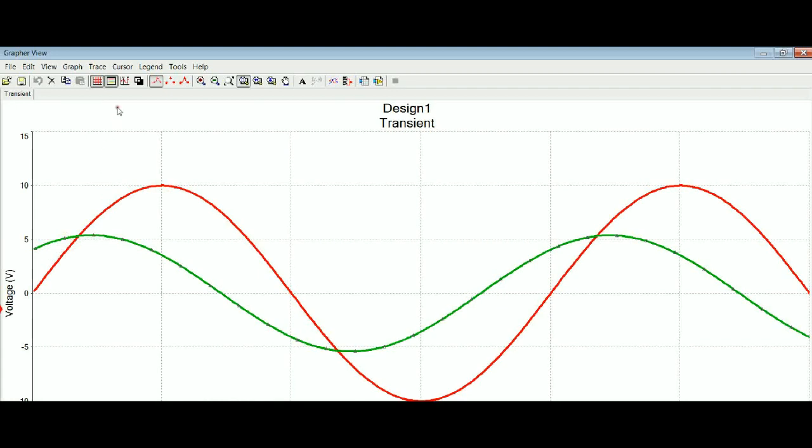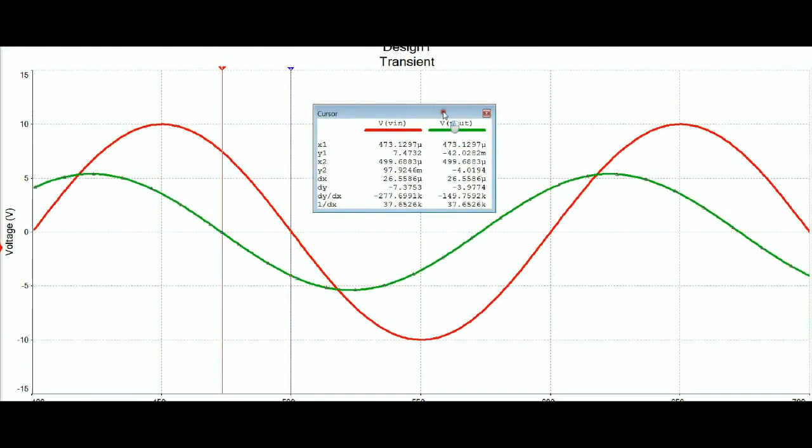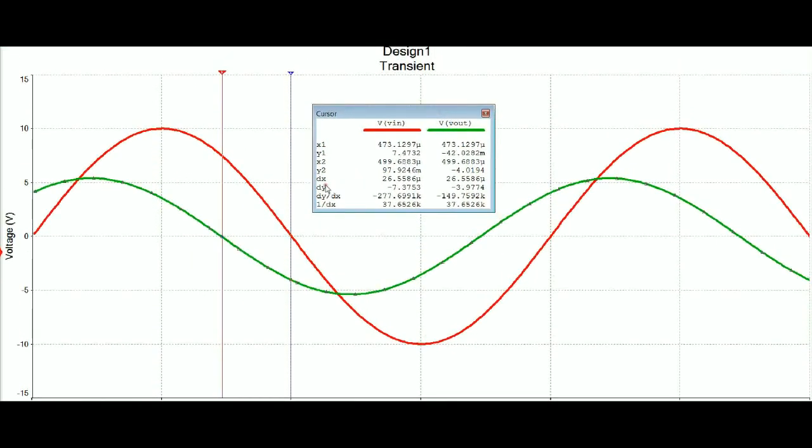Now let's measure phase. I'm going to turn on the cursors. I'm going to drag one cursor to the crossover on the red. And the same is true with signs on this. Depends which cursor you put where. And the second cursor to the crossover on the green. And now note how much easier it is to pick this up at the crossover. So now I'm going to take a look at my delta here, and this will be delta x, which is the same as delta t. And this comes at